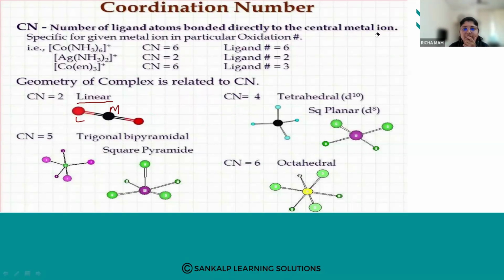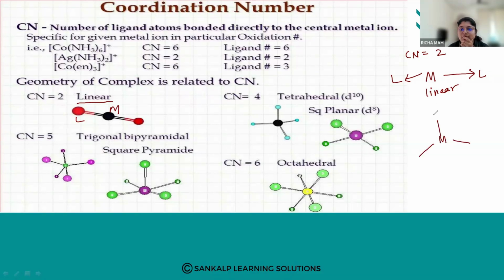Remember, when you have coordination number two, it means your metal is linked to two ligands. So it is a linear molecule, with a 180-degree angle. Then, if you have a coordination number four, it can form